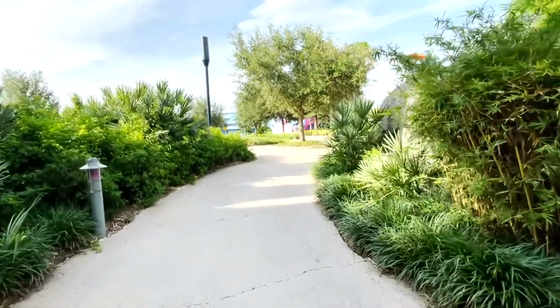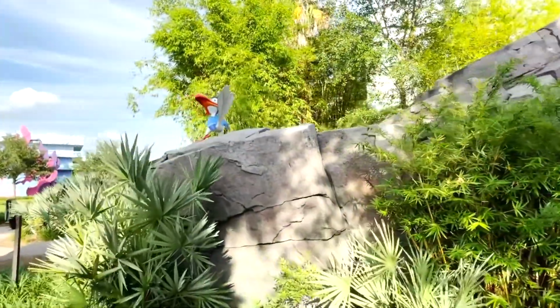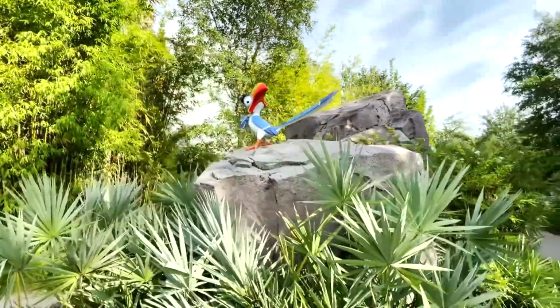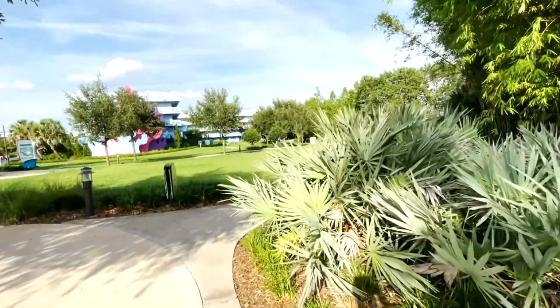And as we keep walking around, over here we have Zazu. See Zazu? I don't know, he's shaking his butt or what? Shaking his bird butt. And this brings us over to